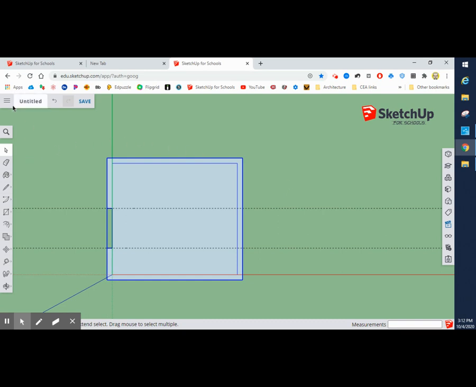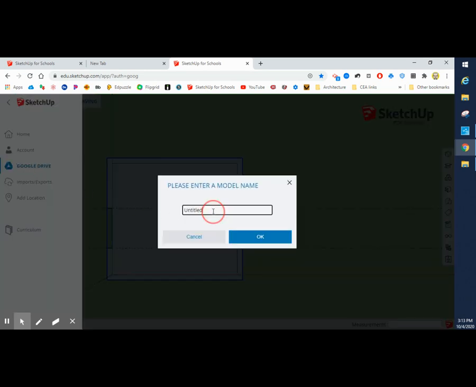So what we're going to do, let's go up here, and on our menu in the upper left-hand corner, we are going to save this to your Google Drive. Now, I believe that Google SketchUp is smart enough that when you start working with it and you've logged into your Google account, on your school Google Drive, you should have already automatically made a SketchUp folder. So let's go up here, hit what I call the sandwich menu, click on that. We're going to go Save As. The name of this, we're going to call this